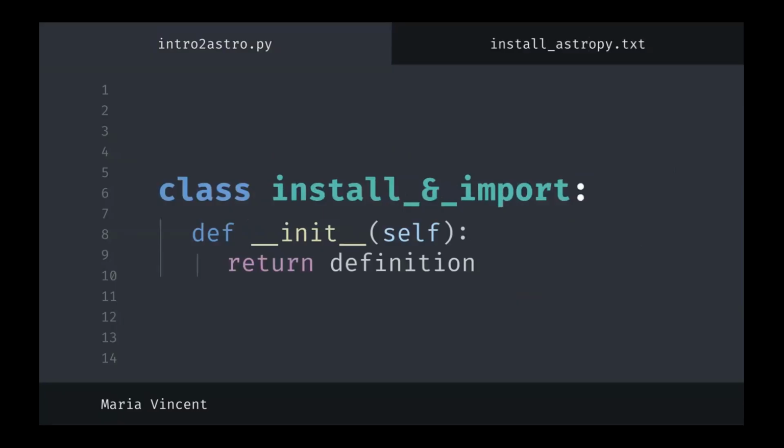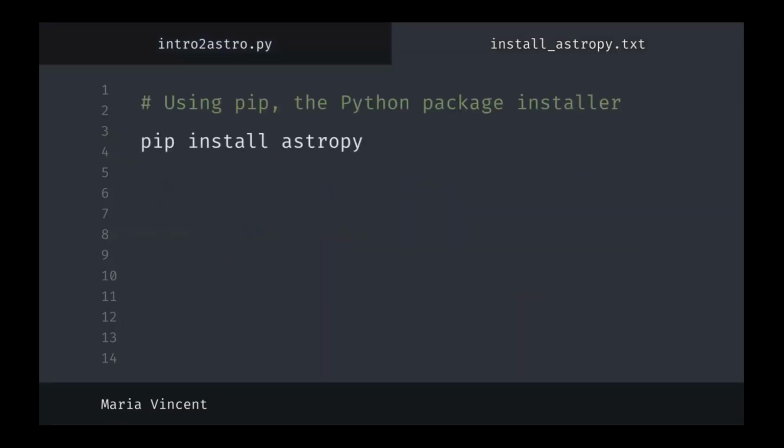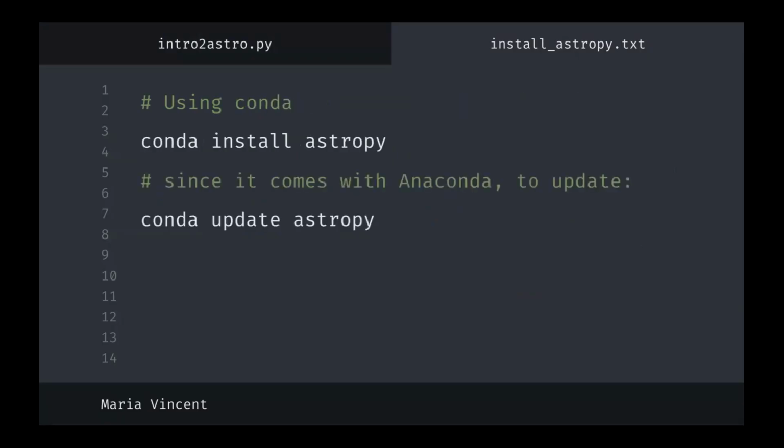Now, how to install and import this? As you might know, pip is the best way to install most Python packages. So you can just use pip install Astropy from your terminal, and it should install the latest edition of Astropy. You could also install it using conda